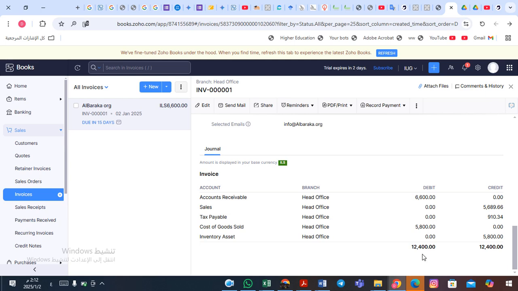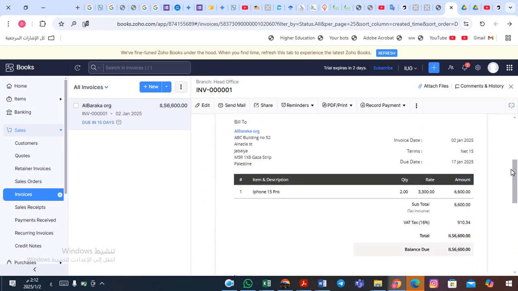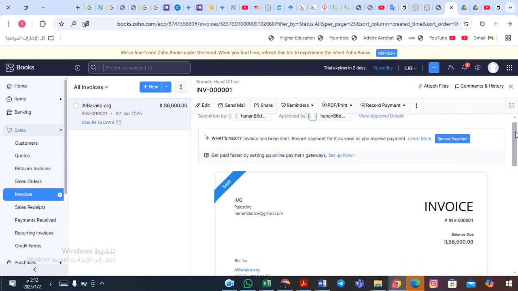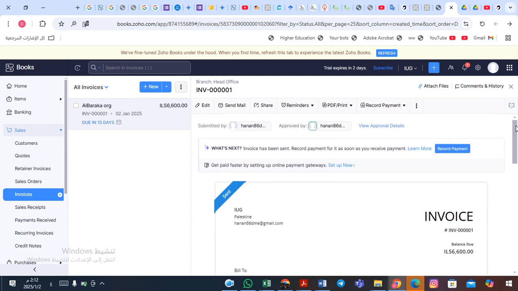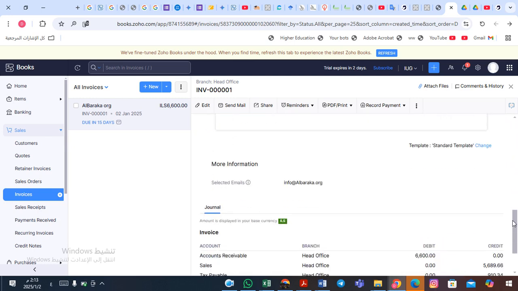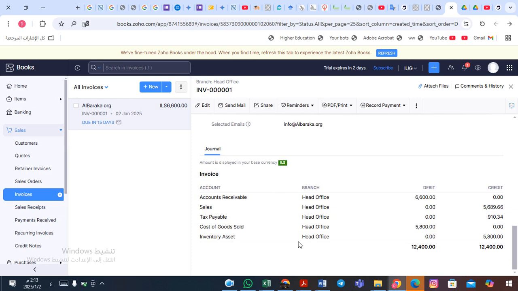So in this case, for every document we prepare, because if you remember, we consider the invoice as an accounting document. What we mean by accounting document is that this document reflects and affects the accounts in our chart of accounts. How is that chart of accounts affected by that document? By preparing this kind of journal entry. Okay, so